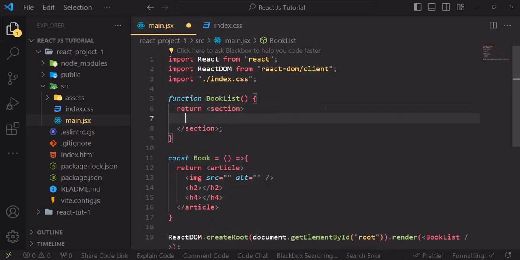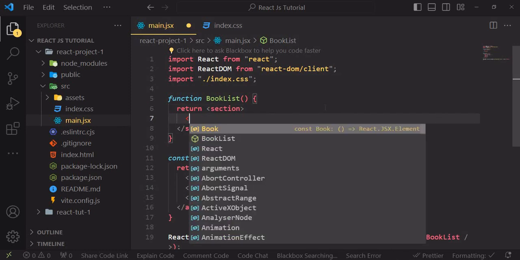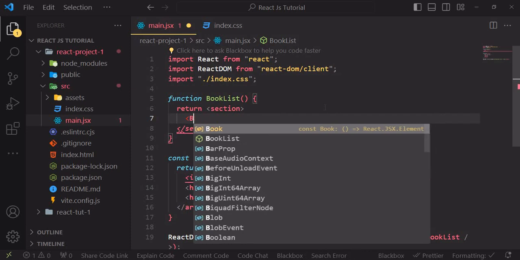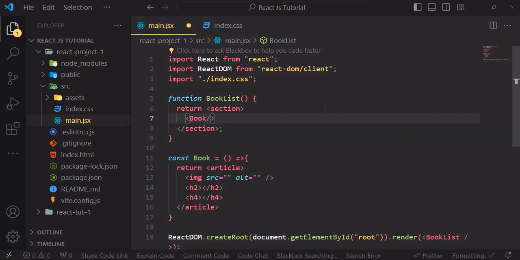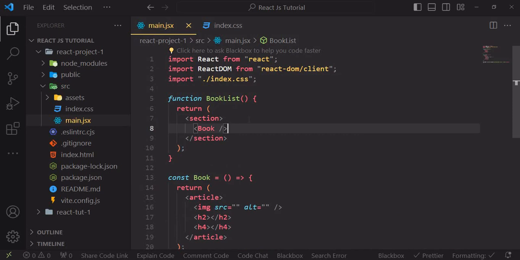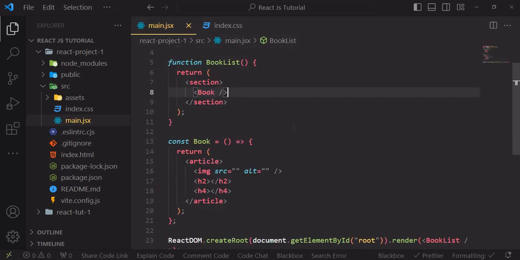Inside of this section, I'm going to pass the book. This book. So I don't think this should be new to you. I don't think this kind of method should be new to you. So what we are going to do is